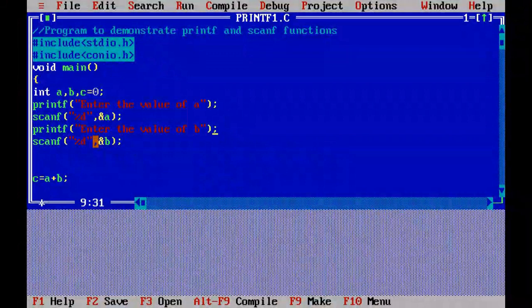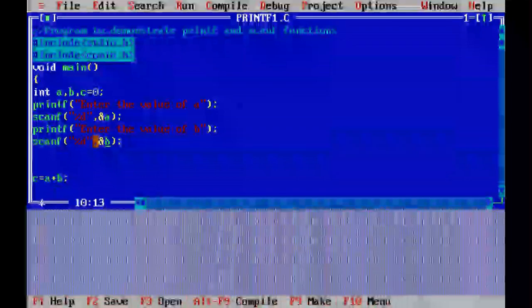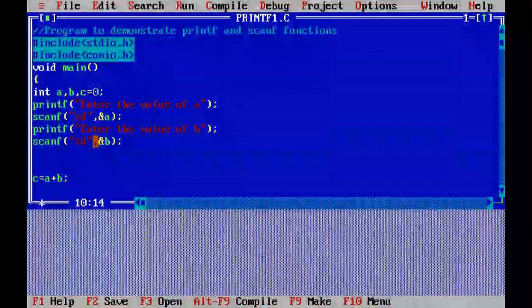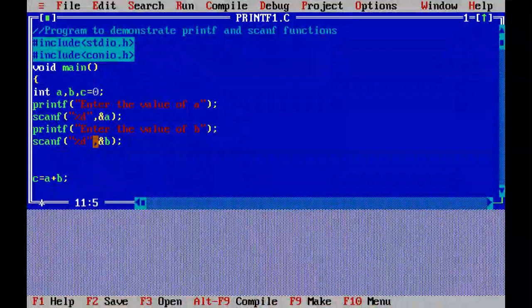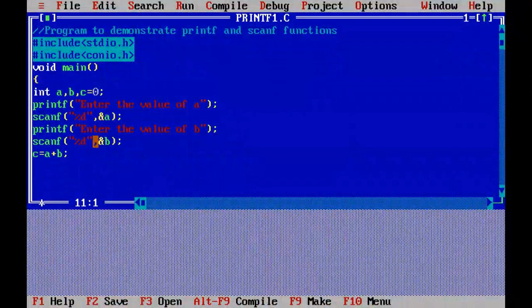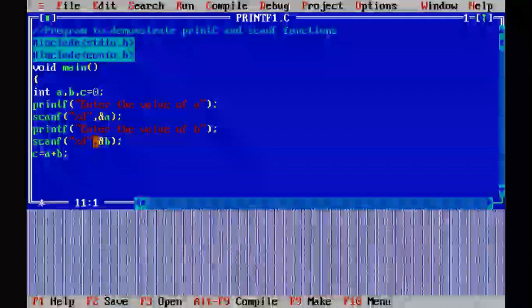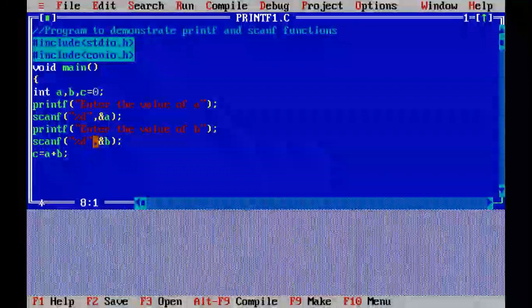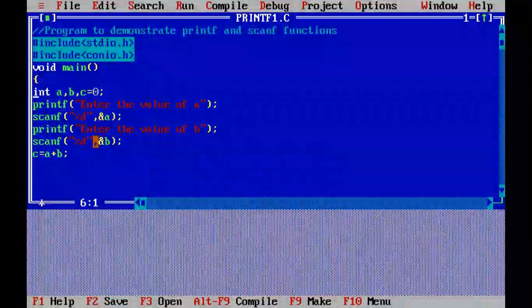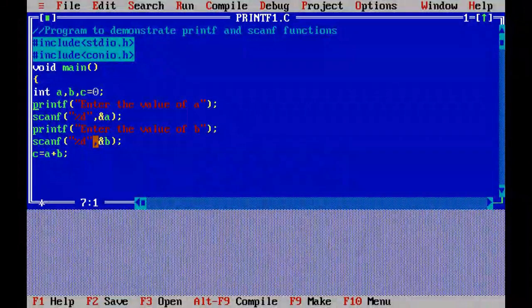Whatever value you enter here will be read by the scanf function and stored at the address of b. Now you can use this formula, c equals a plus b.